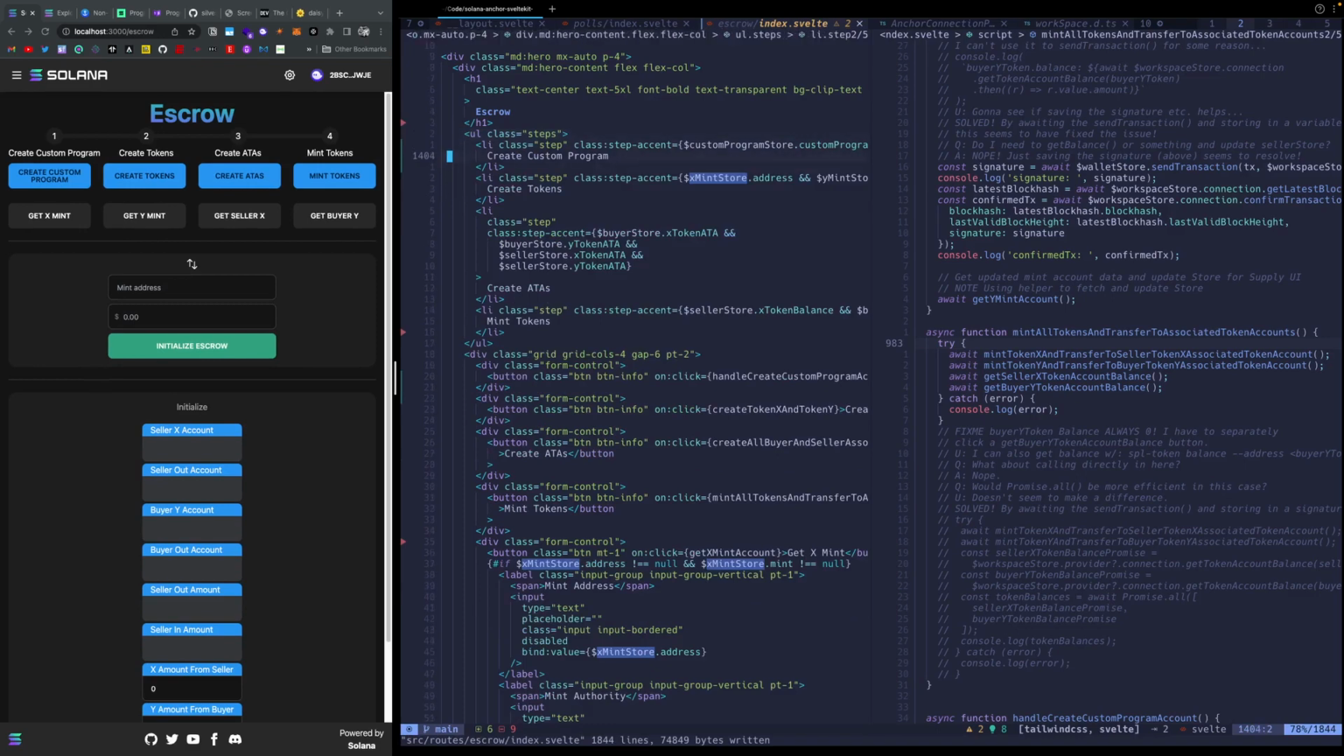And so now we have our Xmint store. I'll still use that. It's handy. Keeps track of the Ymint. So once those both have addresses and they've been created, then that will show that it's been done. And then using Svelte and this conditional, you can use this class, you can